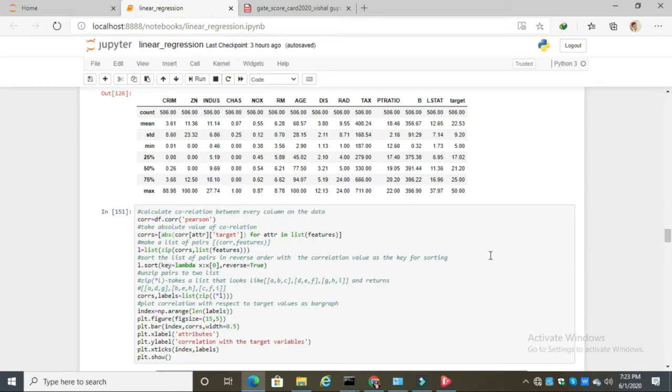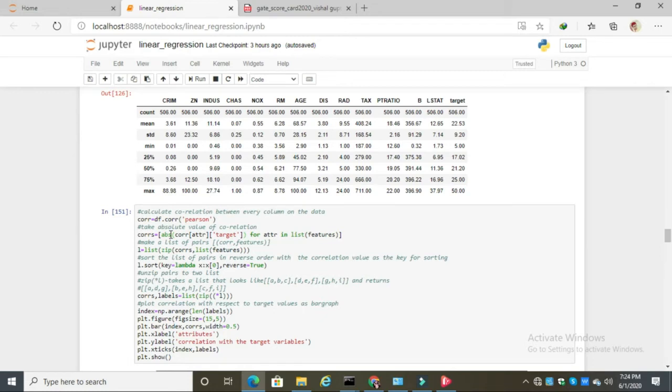Here we can use different types of correlation, but we are using Pearson here. We will also calculate the absolute value. As we are using the ABS function here, it will convert all the negative values to positive values. I will show you in the graph how this will affect the curve.